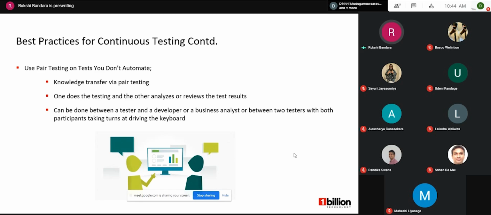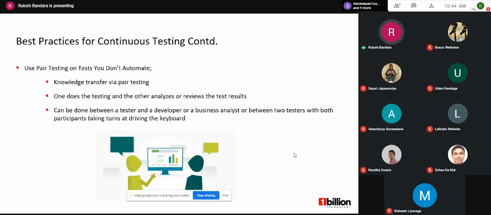This can be done between testers and developers or a business analyst, or between two testers, with both participants taking turns at driving the keyboard. Pair testing is useful in breaking down communication barriers between developers, QA testers and application operators.